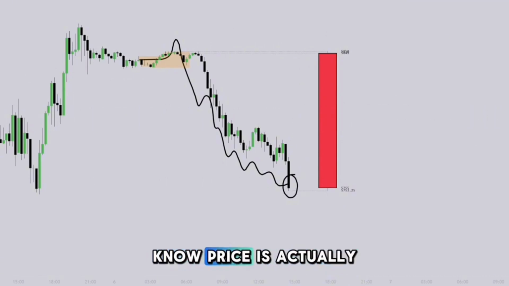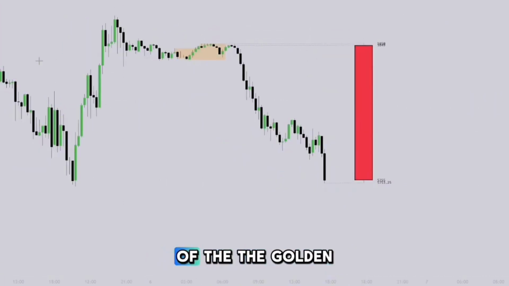So how do we know price is actually going to reverse, right? That is the kind of the golden